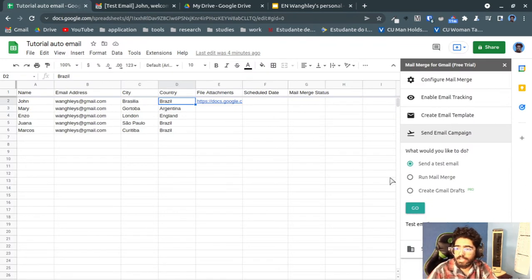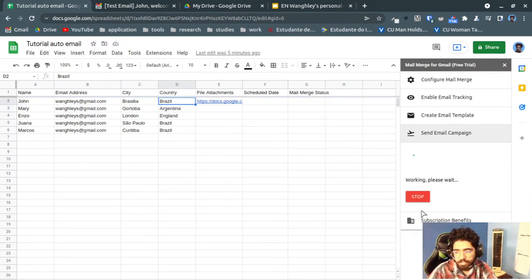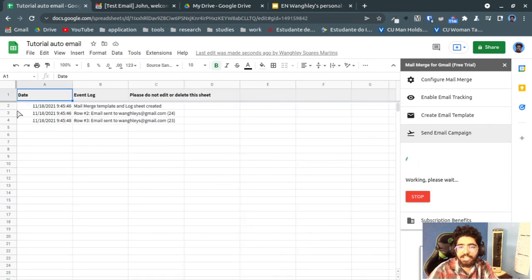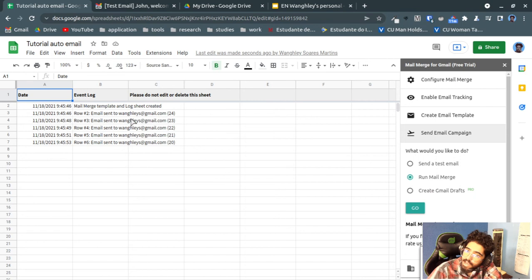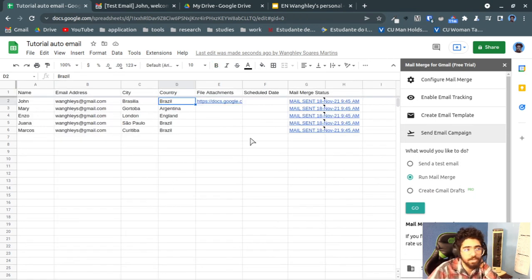Now, all that we need to do is run mail merge. So let me send, go. It's going to send for my personal email, because I will not spam anyone during this tutorial. So here we have the log of what is happening. Here you can see if the email was sent, if we had any kind of issue. So everything was sent. And here on the original table, we can see when the email was sent, and we have a link